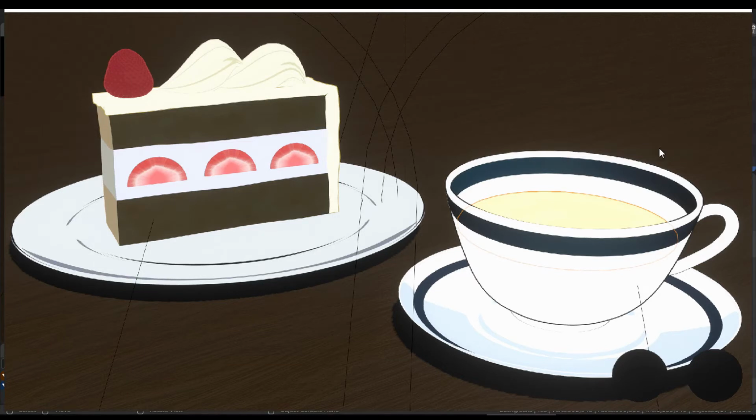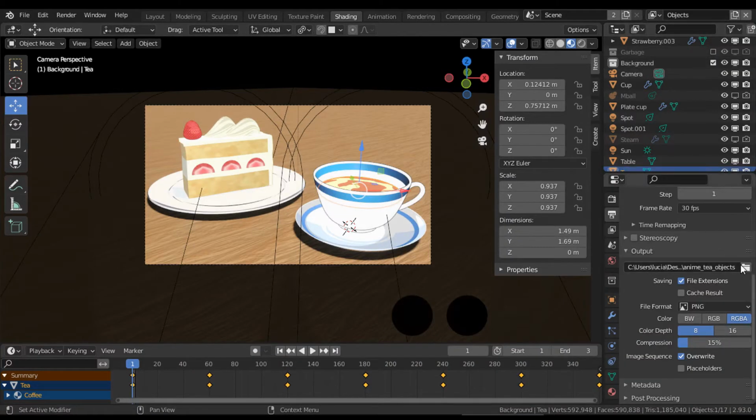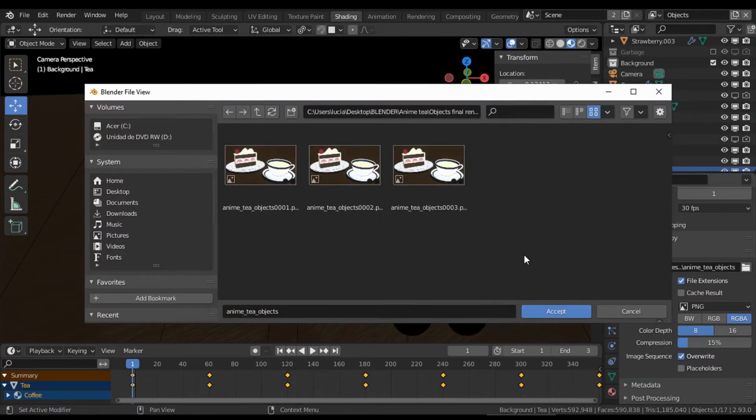Here nothing is moving because I have only 3 frames. Sometimes it takes a while to show the frames at real speed, and you can even pause the animation with the space bar. And here, if we go to the folder, we have our previs frames. You could even render some previs frames to make a breakdown later and show the final animation versus the previs.